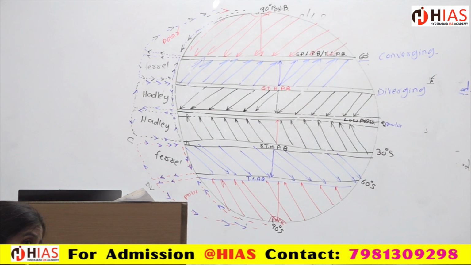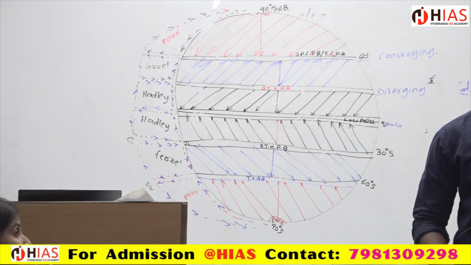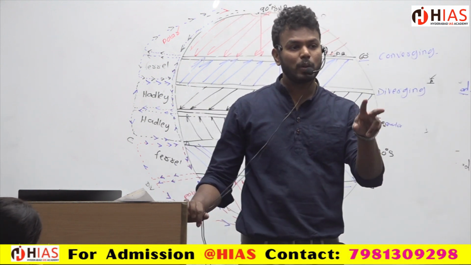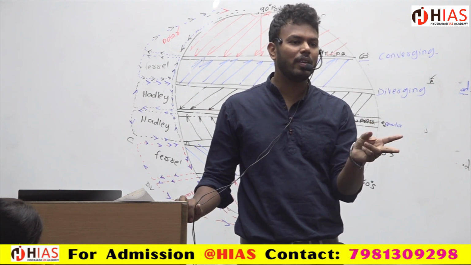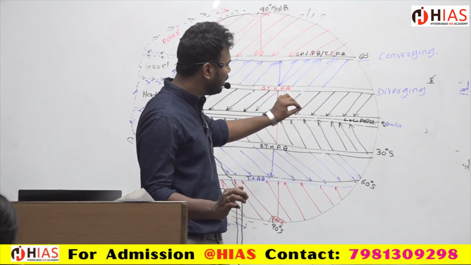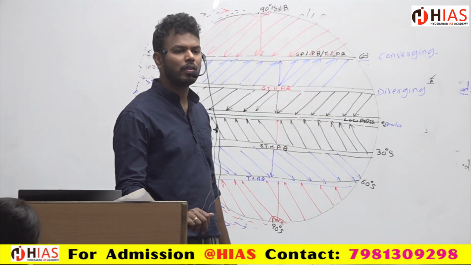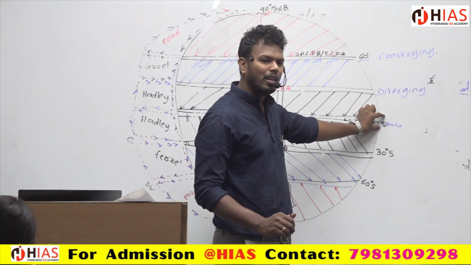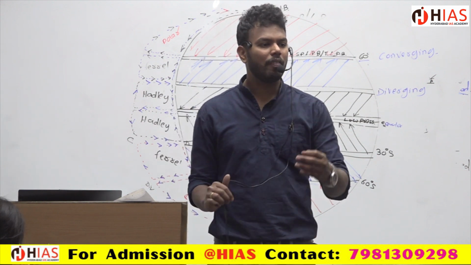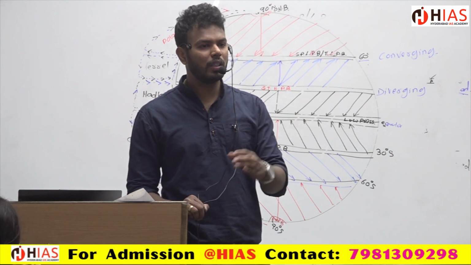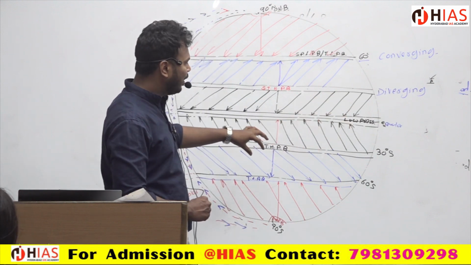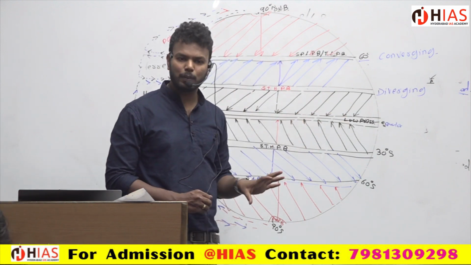Obviously high, because the equator itself will receive the high temperature. See, the sun will not be overhead beyond the tropics, I told you. The sun will be at the subsolar point two times, at the vernal equinox and the autumnal equinox, the March equinox and the September equinox. So more insolation will be taken by the equator. That is why in the equatorial region there will be more temperature and more rainfall. Continuous temperature, continuous rainfall. If anything decreases, we will not get the balance. But again this will change. Keep it in mind, in the next class I will show you these pressure belts are going to change.